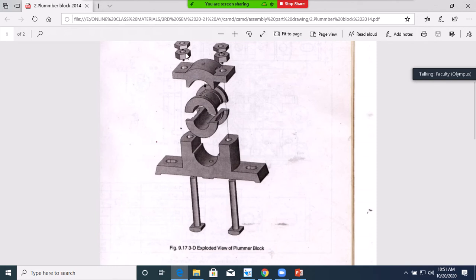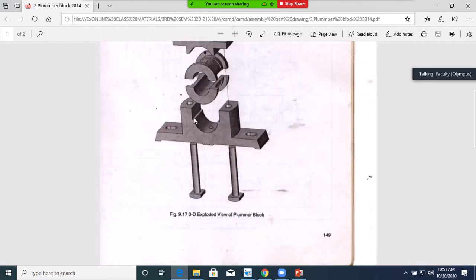Okay, these are 2 numbers. You have to create one profile. You can use multiple times. This is also same part. It is having 2 numbers. You can create one, then you can use multiple times. So 1, 2, 3, 4. So this is different side. Okay, 5. Then this is having little bit difference between these two. So that's why you have to create 2 times. Okay, 7 part will be there.